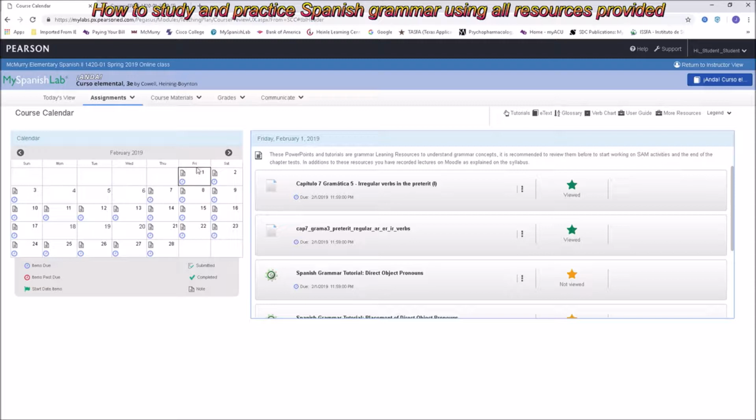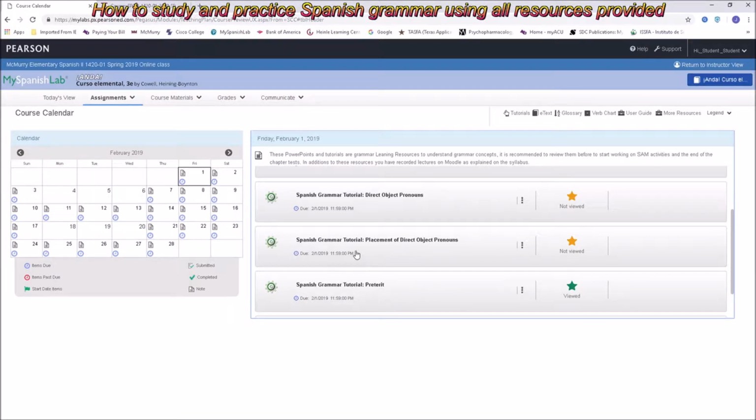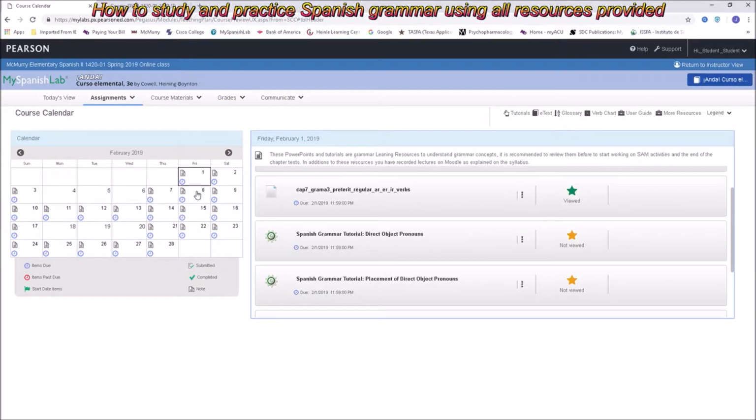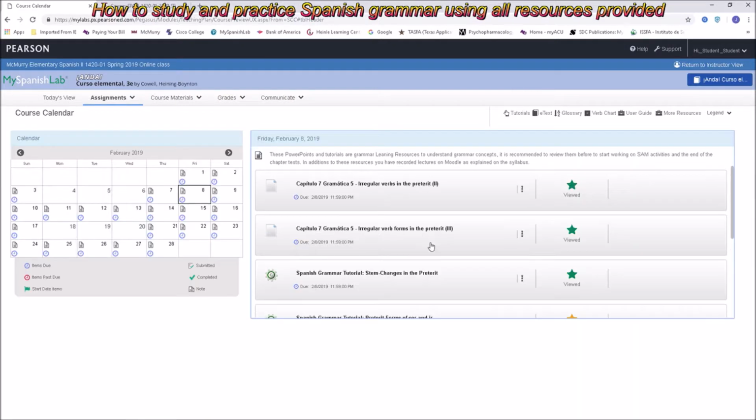The first week on Friday, January 1st, we have some grammar resources. February 1st and February 8th, those 2 Fridays, we have some grammar resources. We have PowerPoints and tutorials on both days. So when we open any of those resources,